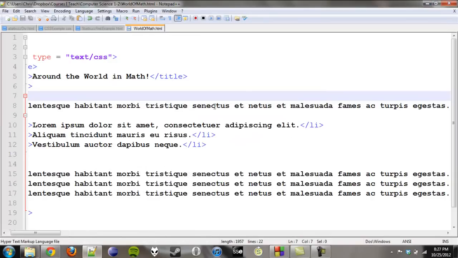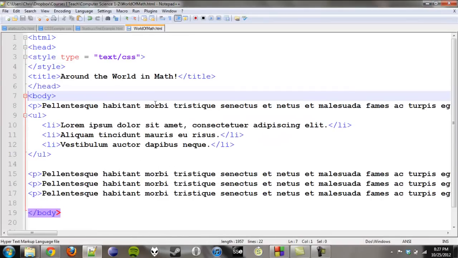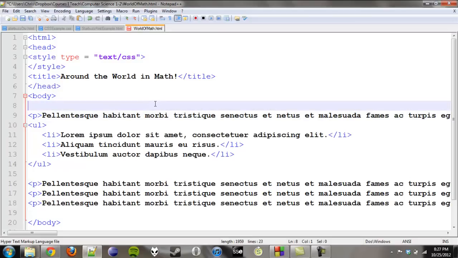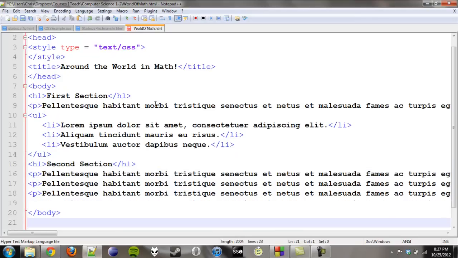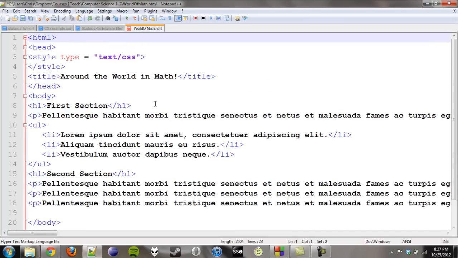So that's a nice little shortcut if you want to focus on your layout and you don't have all your content until later on. So I might put in some headings just to start and say, first section, and down here I might put in another heading that says second section. Okay, so now without too much work, we actually have a lot to go on. Later on I'll polish this up, but this is kind of why